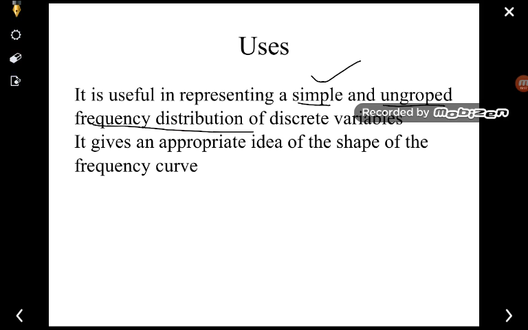It gives an appropriate idea of the shape of the frequency curve. So with this we have covered the frequency polygon, the histogram, and the representation of ungrouped data like the line diagram, bar diagram,